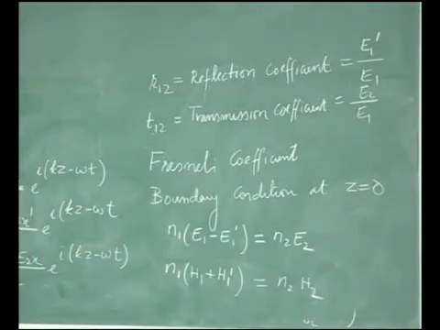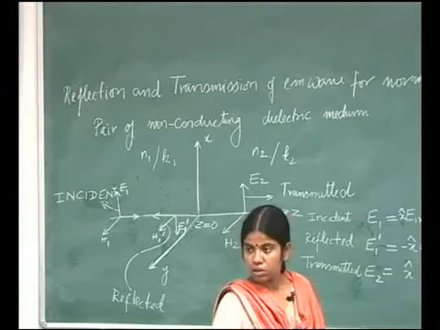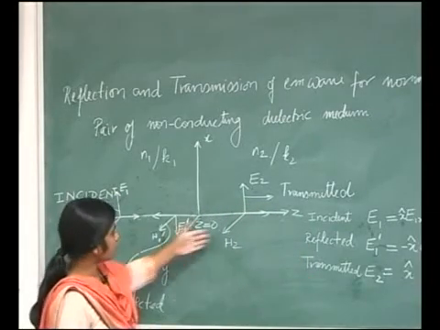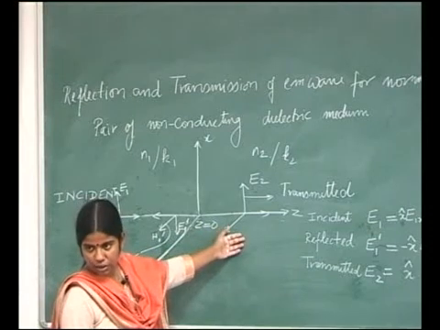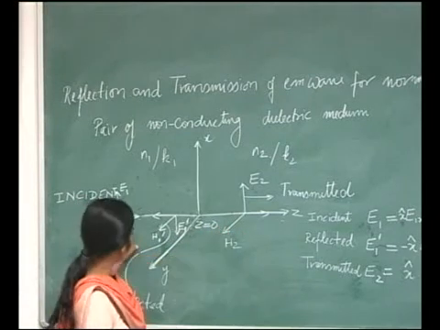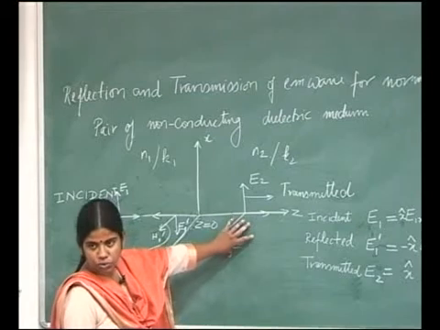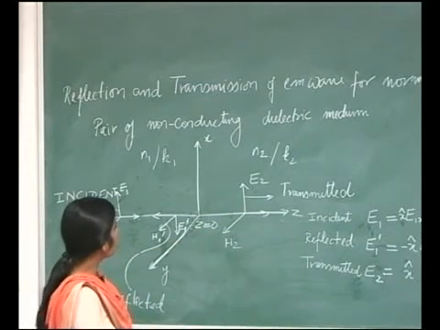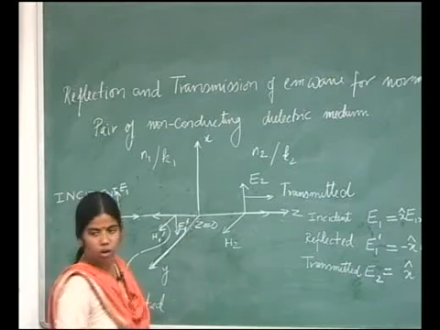Now my H is equal to even X here. Here you see, H1 plus H1 dash is going to H2, that's why. So these two components should be equal to H2 only from here. And one more thing I forgot to tell you, that at the interface the normal component of the field will